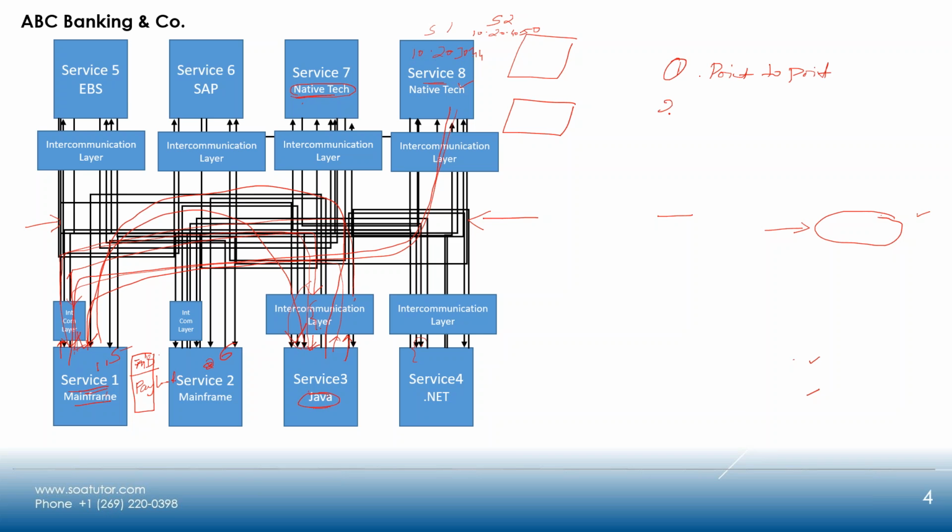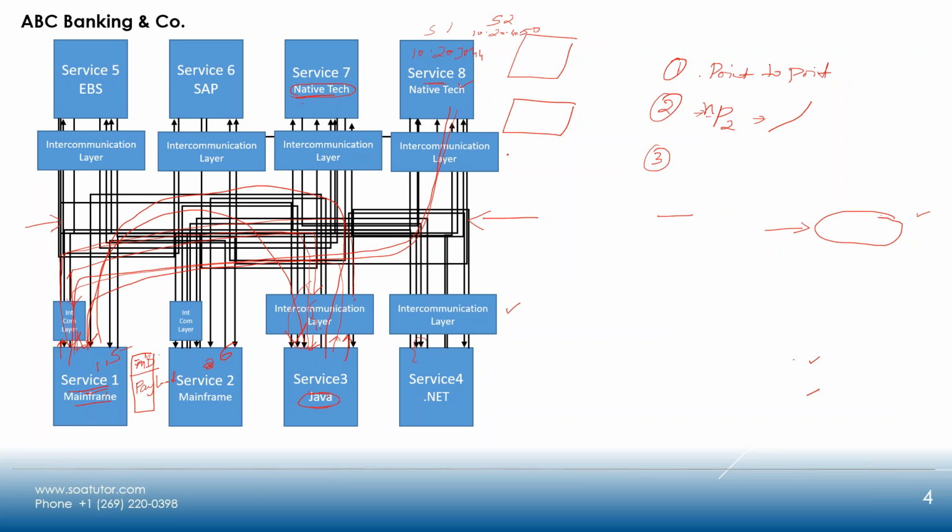And what is the second issue that you have here? The second issue is, look at the number of connections. There are too many connections, right? Actually it is N squared connections, where N is the number of components. As N increases, it increases almost exponentially, if not exponentially. And what is the third, and I would say that is the most important problem, is writing the intercommunication